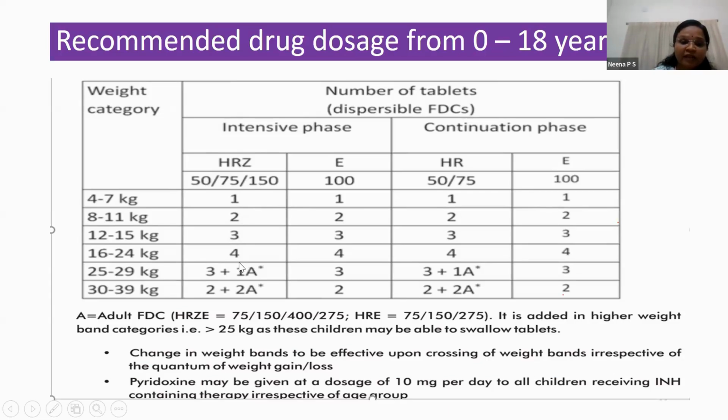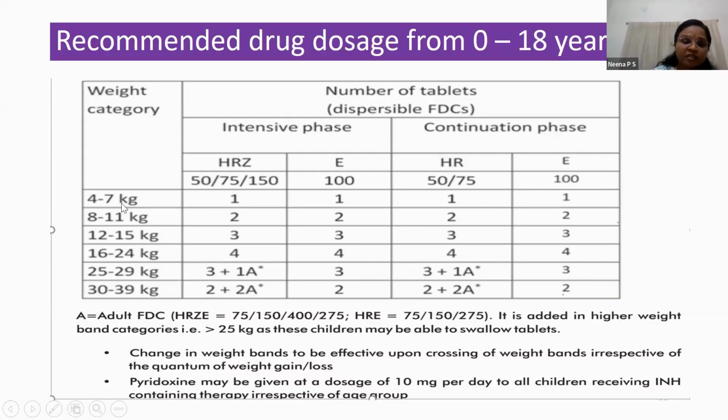And for higher weight band, you have to add an additional adult FTC as well. So this A stands for adult FTC. This one is for pediatric FTC. And for the kids, when there's a change in the weight band,